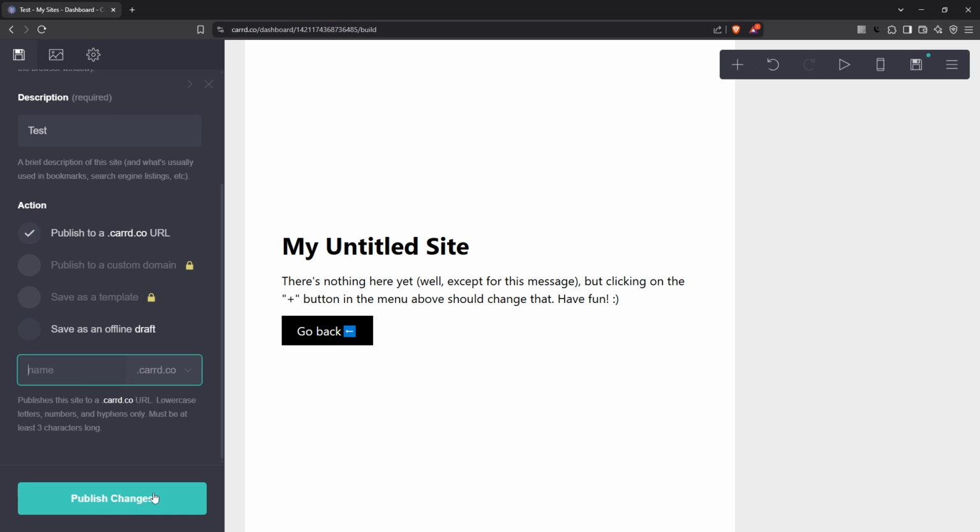With just a few clicks, you now have a functional Go Back button on your card site. It's a simple feature, yet it can significantly enhance the navigation experience for your users, encouraging them to explore your